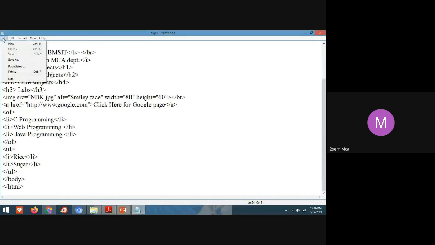Every time you have to save the HTML document and refresh the page.